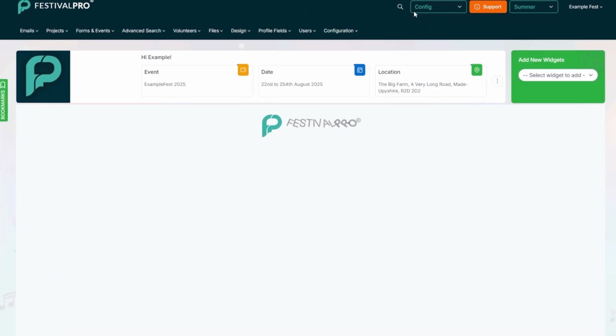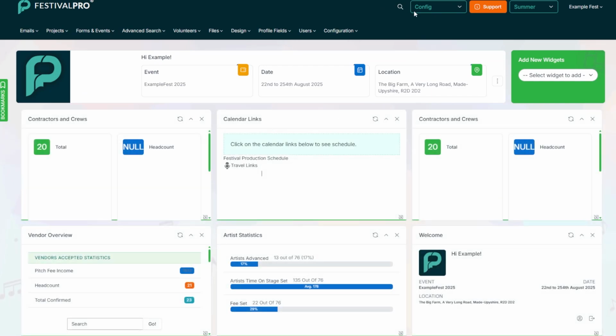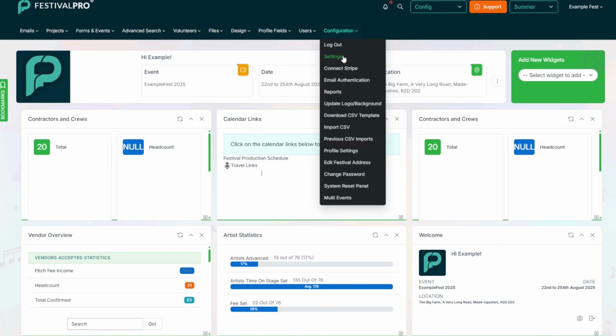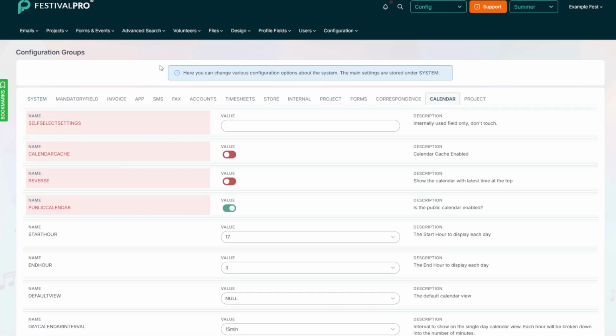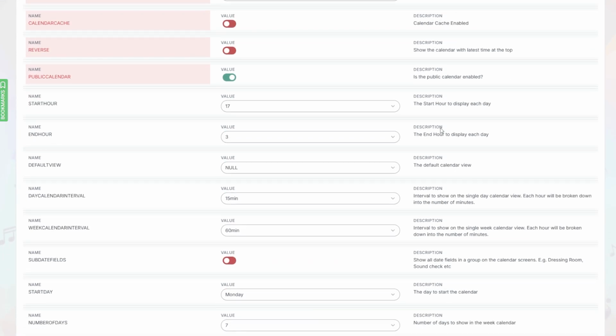This is going to be where you can get under the hood of the system and you can start to configure and change things. But now we're going to keep it simple. Just go configuration and settings, and in here go to calendar. Now there's a whole host of different settings in here. Most of the time you're not going to need to touch these at all,